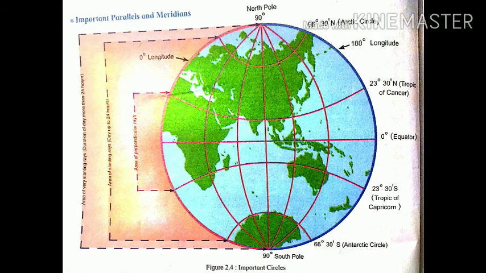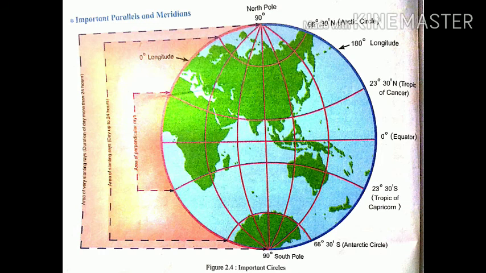Now, we will start with the revision of lesson number 2. Let us use the graticule. In this lesson, we are going to study about some important parallels and meridians on the surface of the earth, and how many parallels and latitudes are required for finding the location of a place, for describing the extent of a region, and for describing the extent of linear features like roads and rivers. So, first we will start with the topic important parallels and meridians.